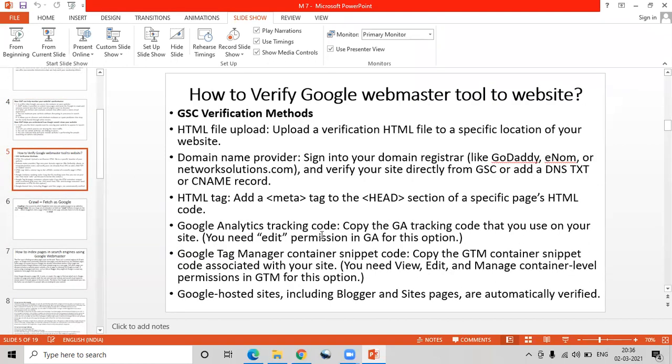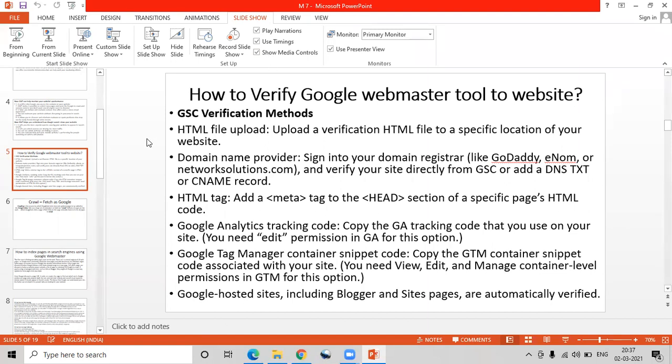I already told you how to verify Google Webmaster Tool to your website. So for your information, I wrote it down here. After the completion of our lecture, I will upload this to our drive, so you can download it and see how to verify Google Webmaster Tool to our website. So first is the HTML file upload: you will get a code, upload a verification HTML file to a specific location of the website. तो आपको देखिए ये सब तरीके हैं, ये सब तरीकों से आप वेरीफाई कर सकते हैं.